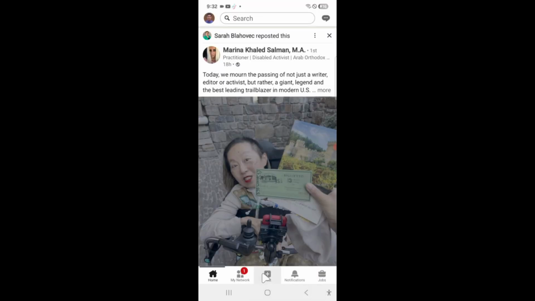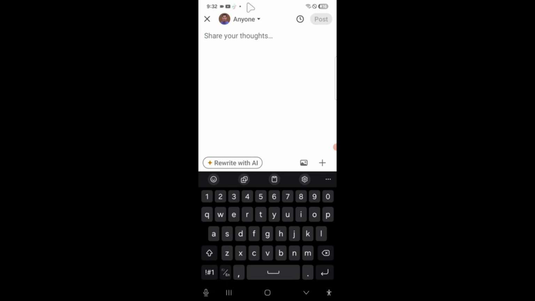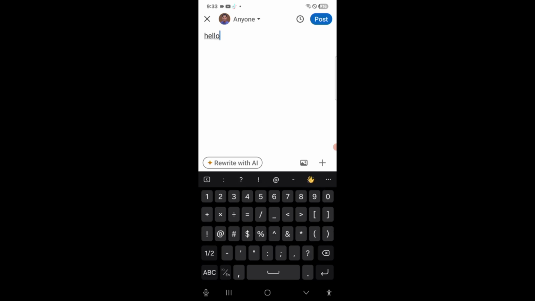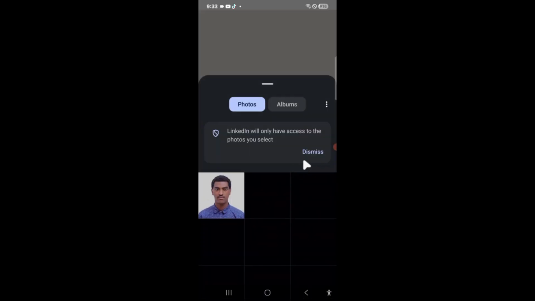Okay, press post tab, then on the main body part let me say hello. Okay, then let me add a photo. Let me use this photo, the previous photo.